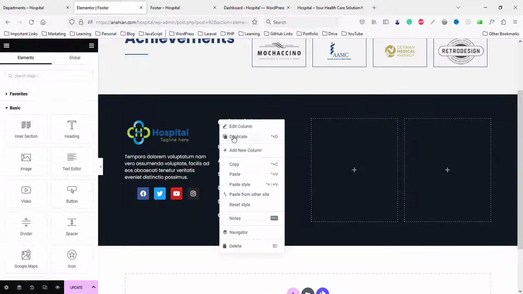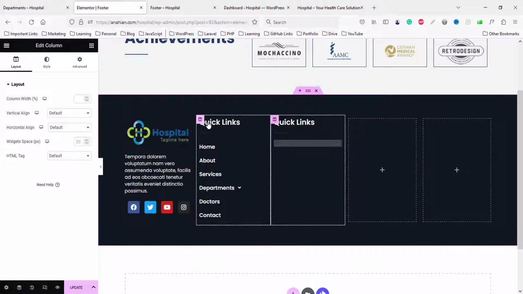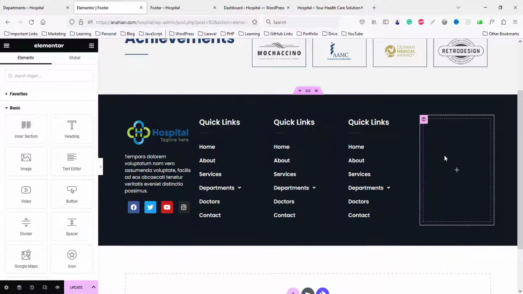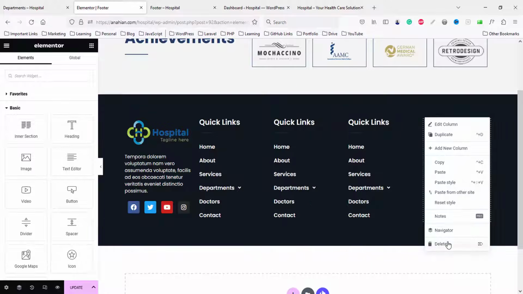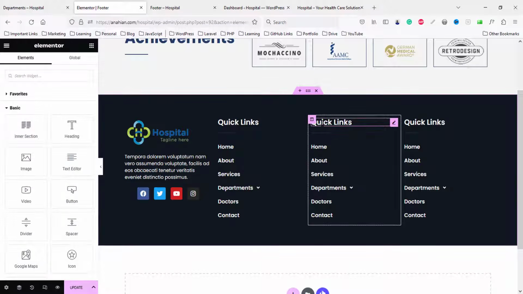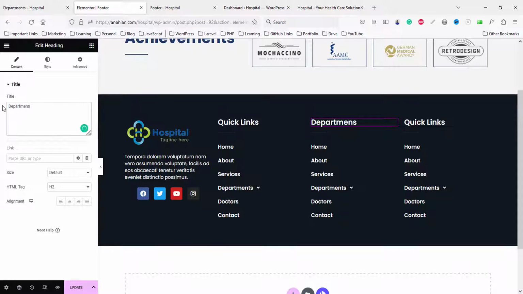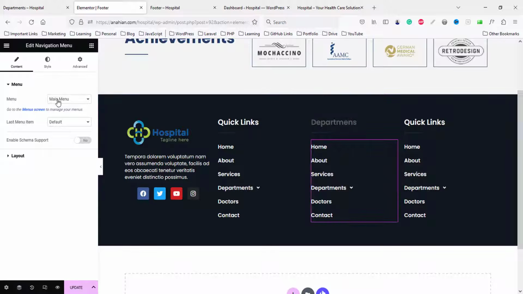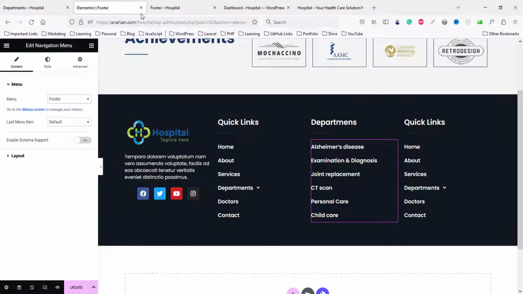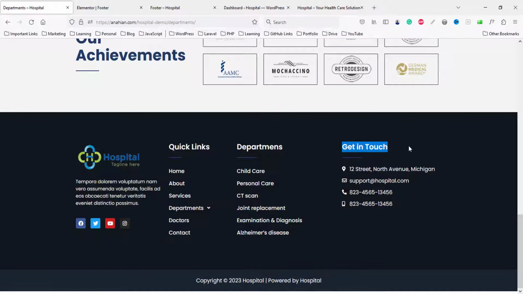So we can duplicate this column 2 times, 3 times. So remove this column and remove this part. Okay, so here departments, so just click here departments and click here menu, change to our footer menu. That's fine. Now here is our get in touch part, so copy here,